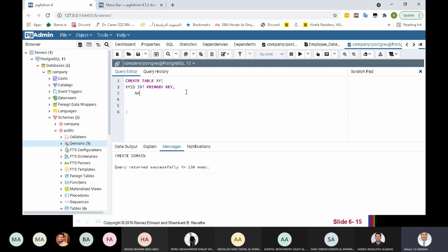I want to create name. Then I can use varchar 30 or something like this, or I can use the domain that I created already. So you can use varchar 30, and it should be not null. For example, anything else, default value and anything else.